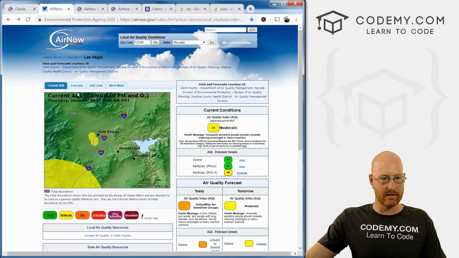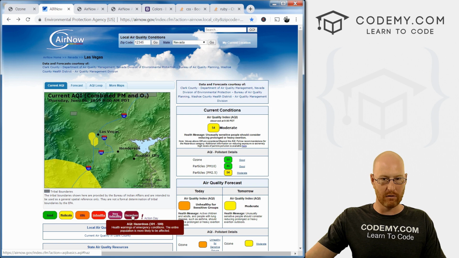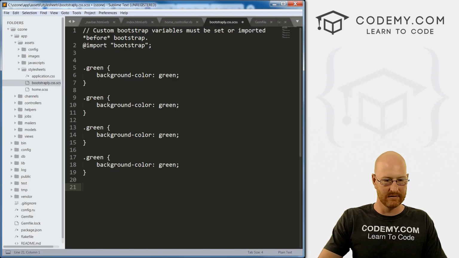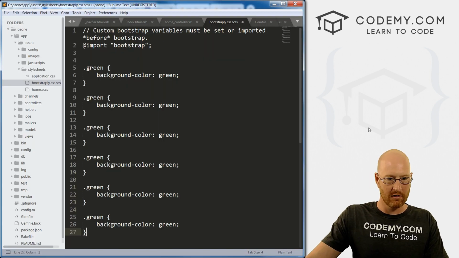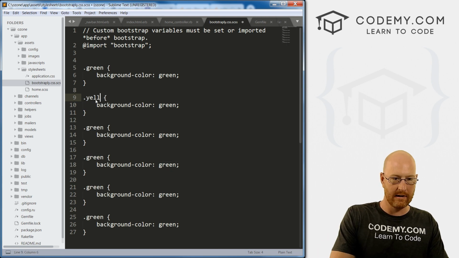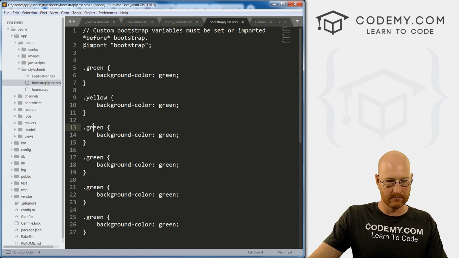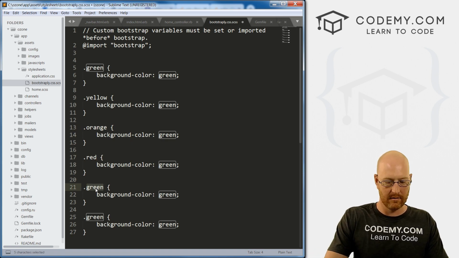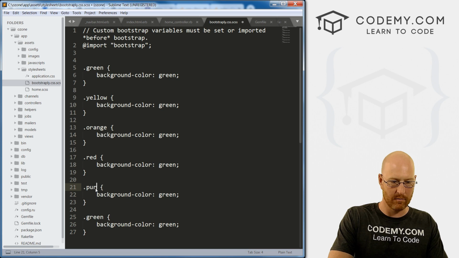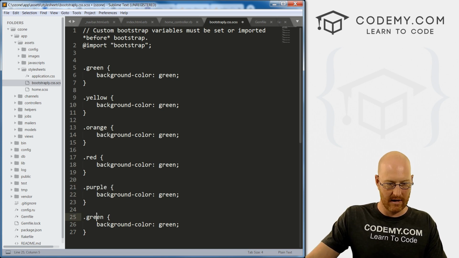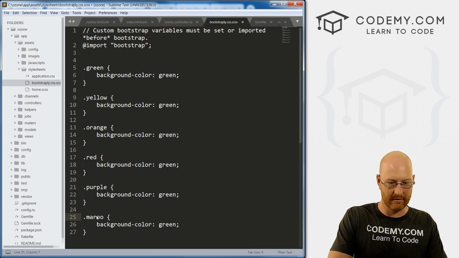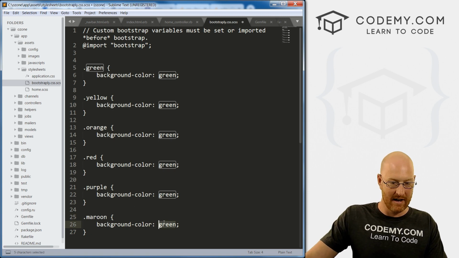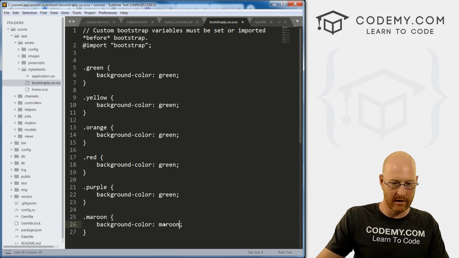Let's see, what do we want? Green, yellow, orange, red, purple, and maroon, I guess. So green, yellow, orange, red. How was that? Purple and maroon. I don't even know what maroon is, but and then change these: